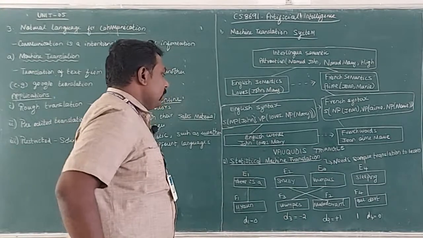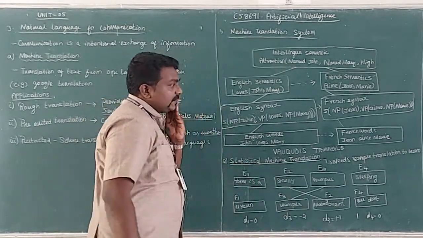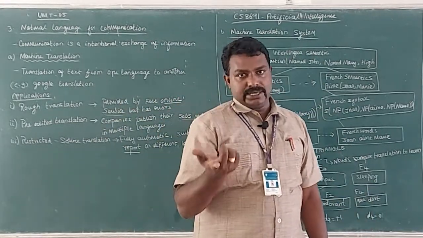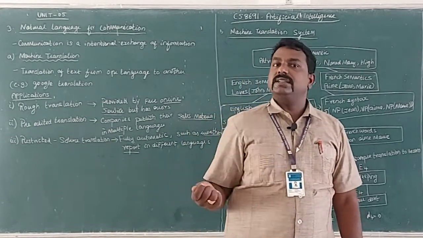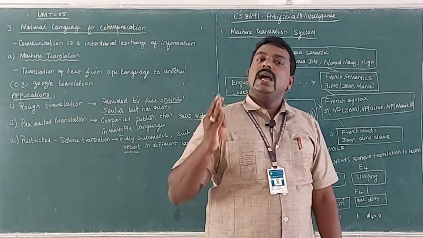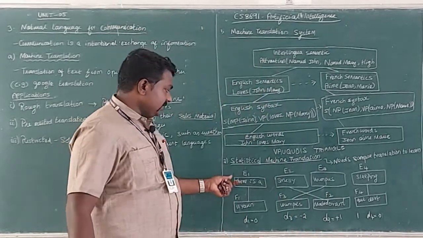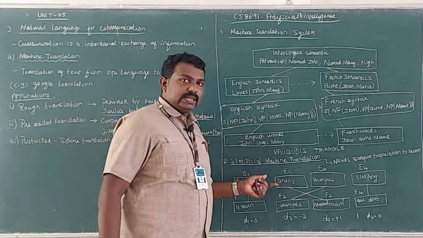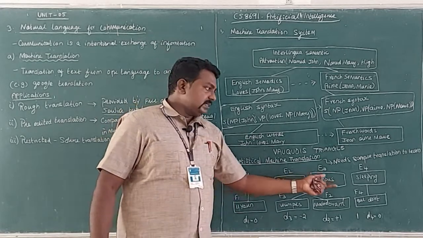Now we have the second model of machine translation. It is called statistical machine translation. For statistical machine translation, you need to give just a sample translation. With that sample translation, the machine will be able to do further translation. So you have to train the system with some sample translation, and with that the machine can do the translation. Here I have an English sentence: there is a smelly wumbus sleeping. A wumbus is nothing but a creature or a devil, you can call it.